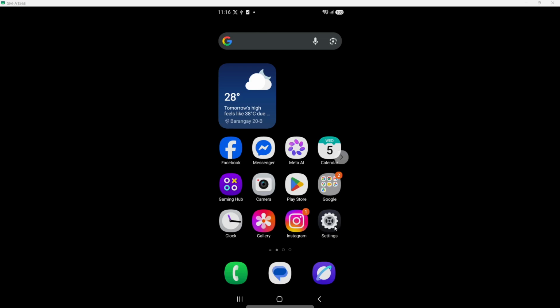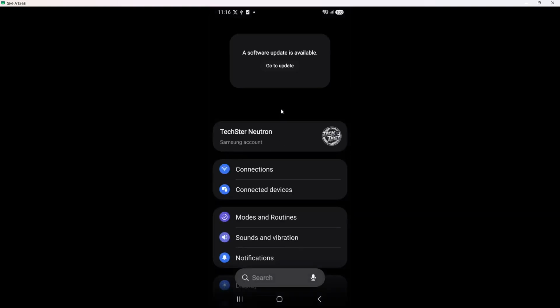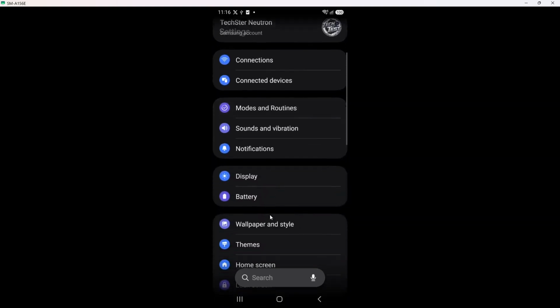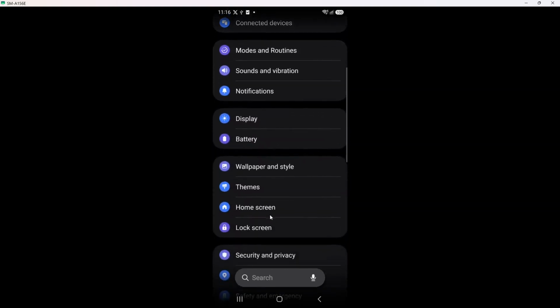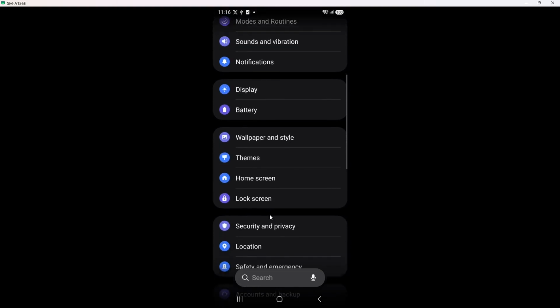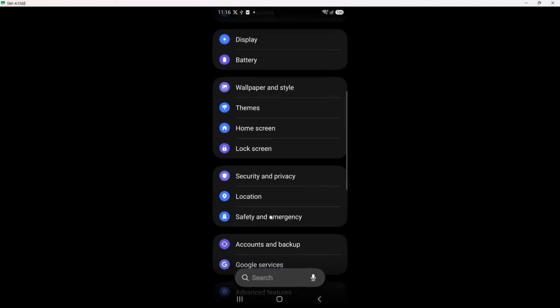First, open your phone settings. Look for the Settings app on your home screen or in your app list, usually shown as a small gear icon. Tap it once to open. When Settings opens, you will see a list of options such as connections, sounds, notifications, and more. If your menu looks slightly different, do not worry. Every Android phone still has the same core options, sometimes grouped under different headings.